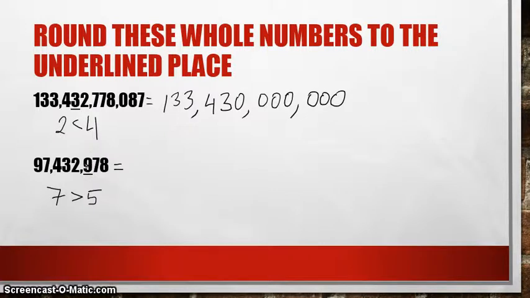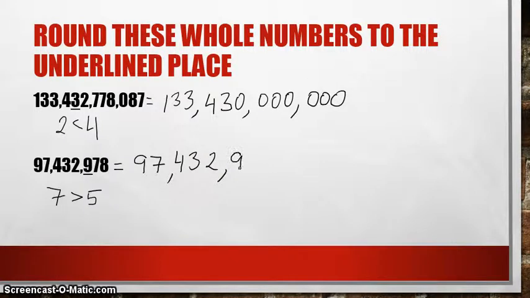Now, we're going to end up running into a problem here because if 9 goes up 1, it will become a 10. So in that case, this will become a 0, and this next number, this 2, will go up 1, which will become a 3. So you will have 97, then 432, and then